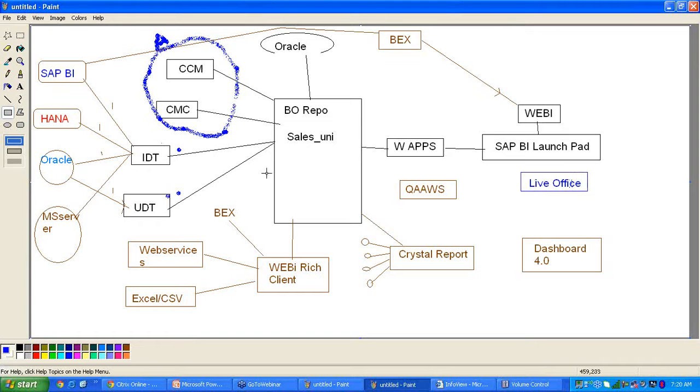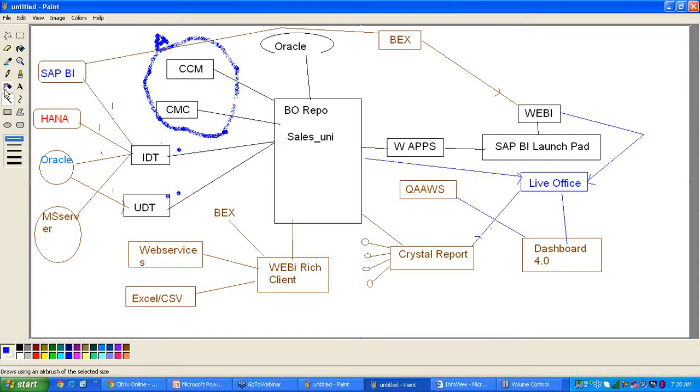So what is the source for LiveOffice? It communicates with the source system. Whatever reports are available in Web Intelligence, LiveOffice can connect to those web reports, and we can get the data into our dashboard. Similarly, we can generate a query by connecting to the universe and get the data into LiveOffice. So the sources for LiveOffice are Crystal reports, Web Intelligence reports, and universes.